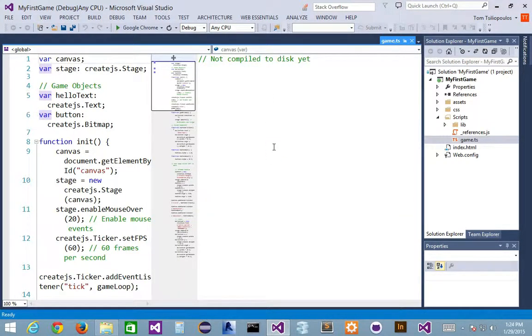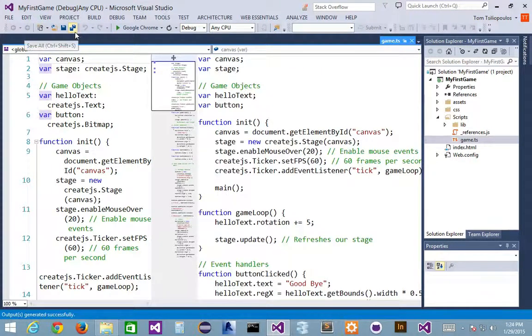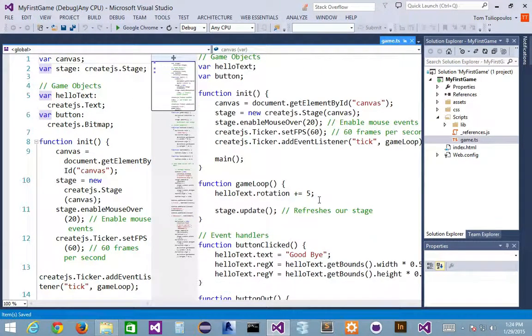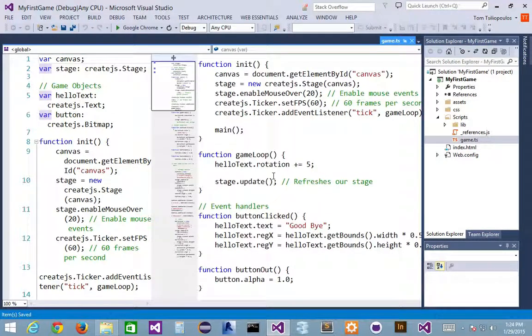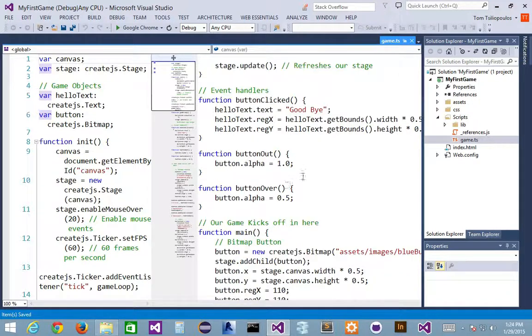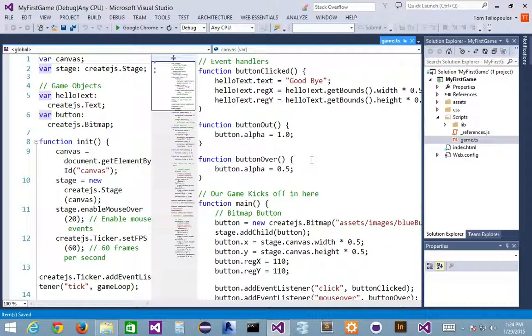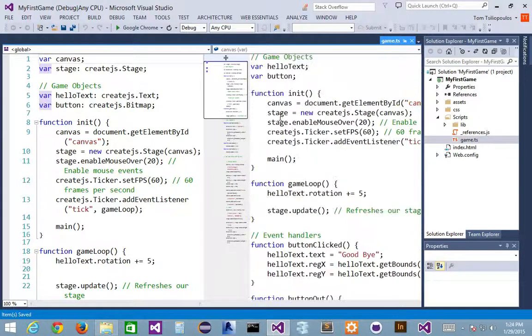If I save, or if I save all, now this is my TypeScript side. It looks identical right now, pretty much, to my JavaScript. There's no difference right now because I haven't done anything new with TypeScript, right? The only thing it gave me was a little bit of code hinting on this side when I created my types. And if you notice, the only line that's a little different, if I scroll up here,